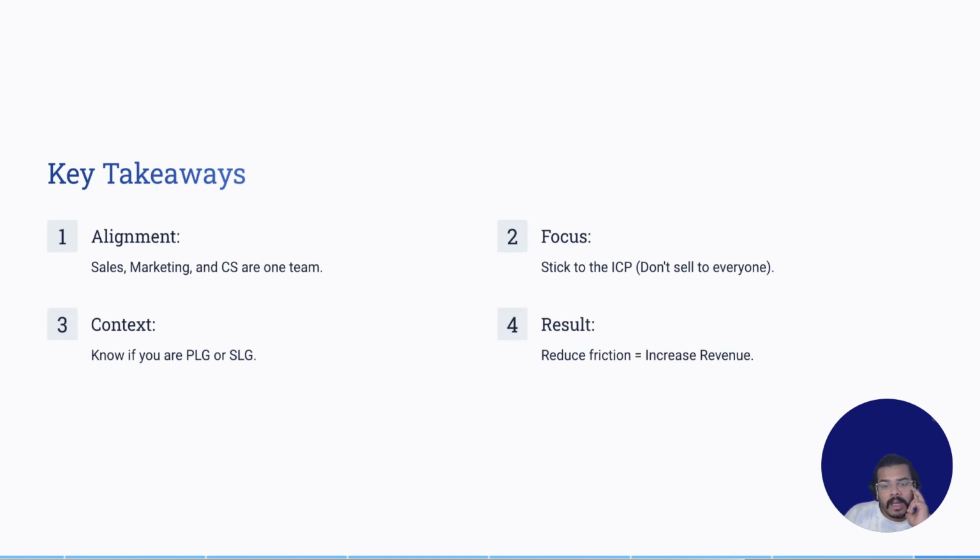Okay, so just to summarize, right, what we learned today, you should understand that GTM is not like a launch; it is a system, right? Alignment is very important. Like the product team, the marketing team, the sales team, and the customer success team must work together. You should always know the GTM motion you're going to work with, right? Are you doing product led growth or are you doing sales led growth? Sales led growth is where there is more money.